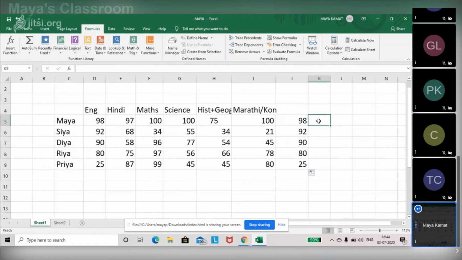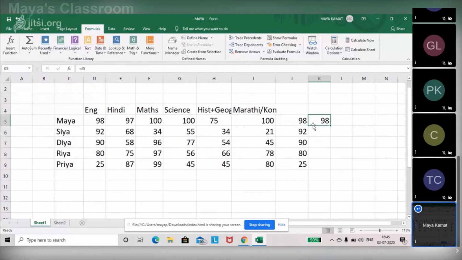Let's say in the cell K5, I want the data relative to data in J5. So I will say equal to J5. So in K5, I'm getting data relative to J5. Whatever data is there in J5, I've got it relative in K5.